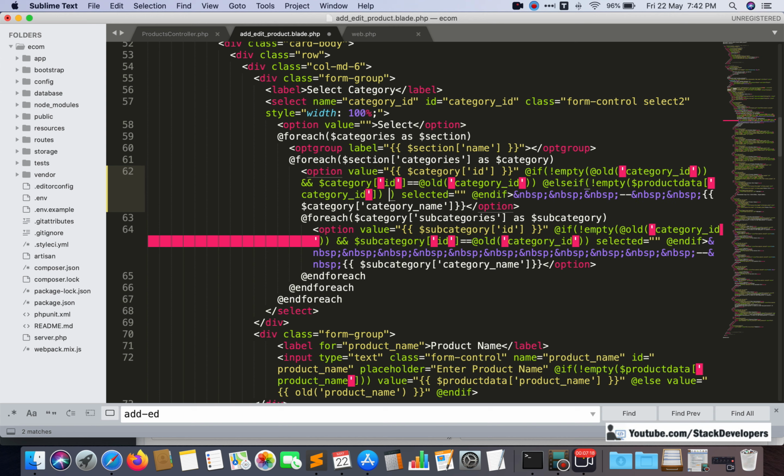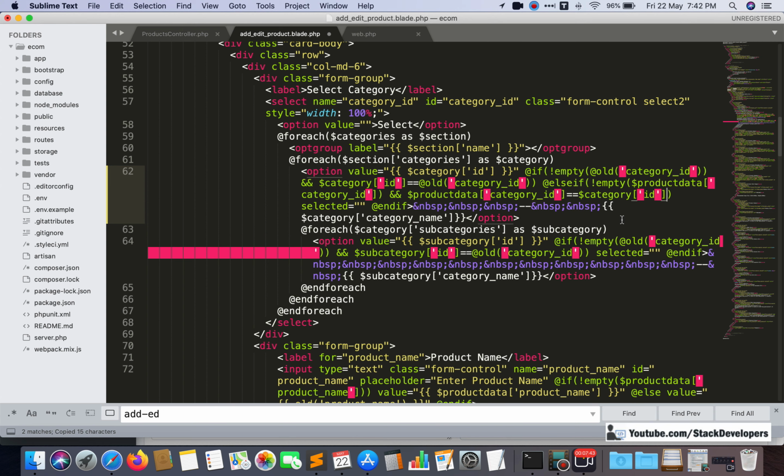Okay, first condition is this one, and dollar product data category ID is equal to, we are going to compare with this one. Okay, if it is equal to this one, then we are going to select.